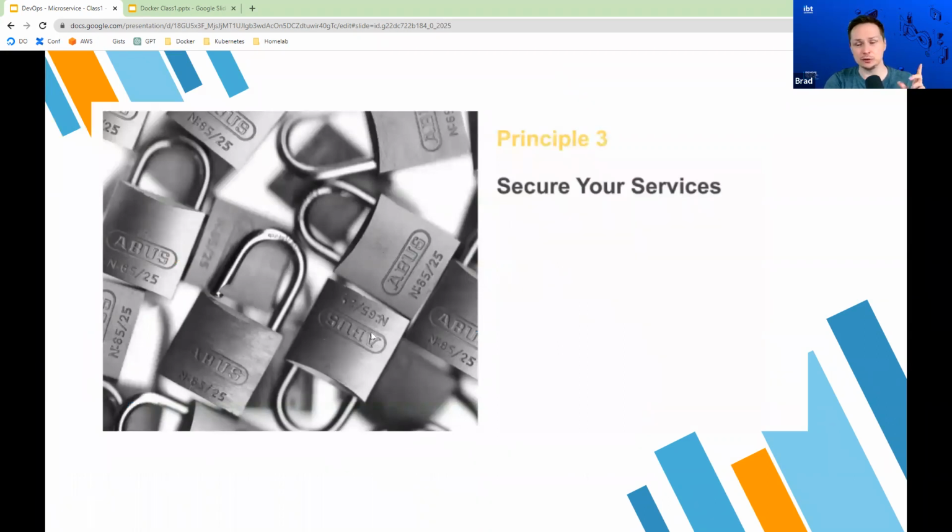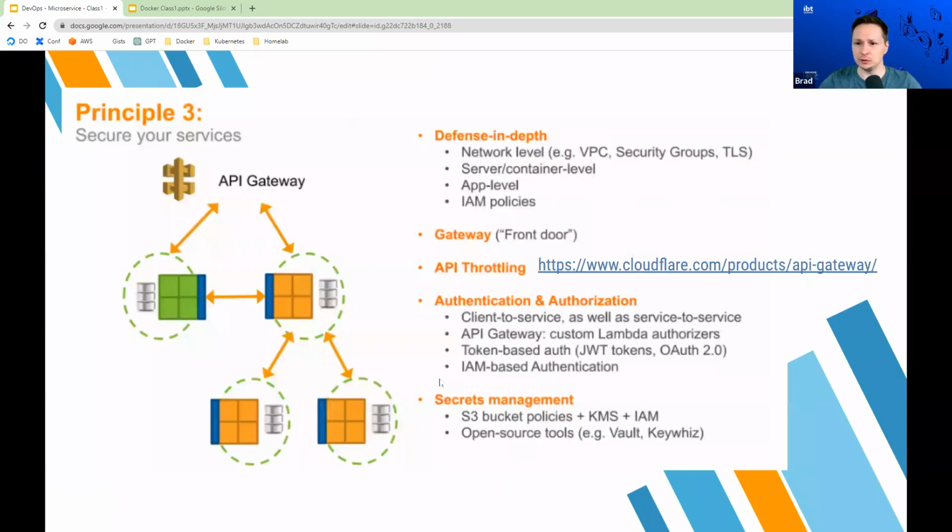The next principle is to secure your service. So, as I mentioned, security is implemented at every single layer of the infrastructure of the application, right? Your security practice should be like an onion, right?